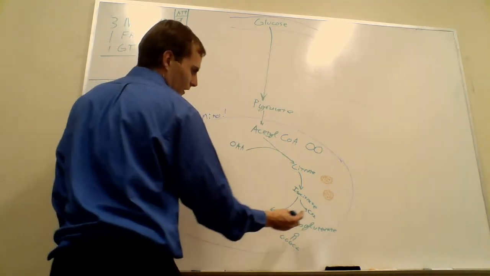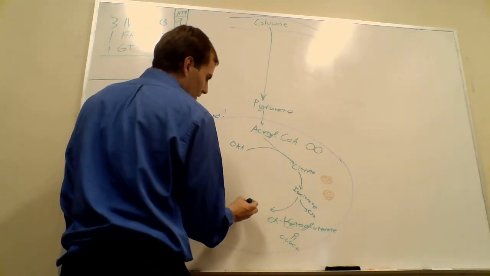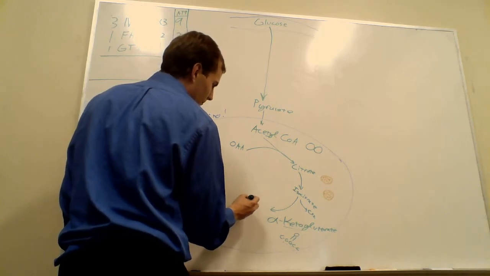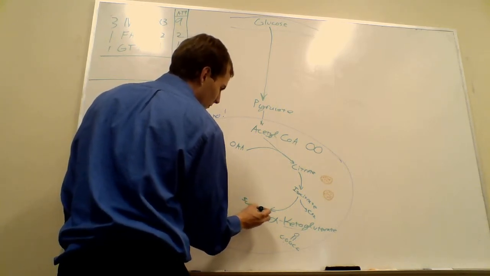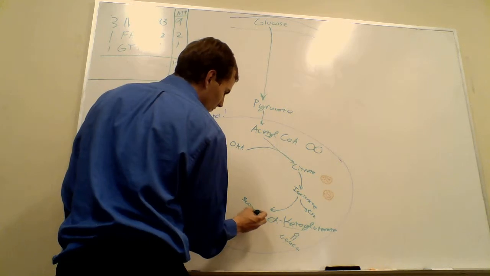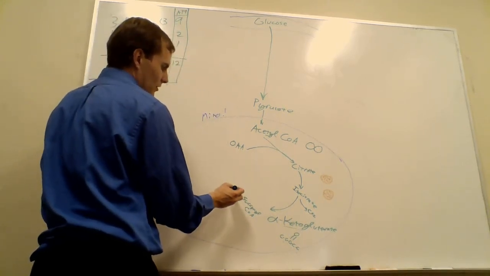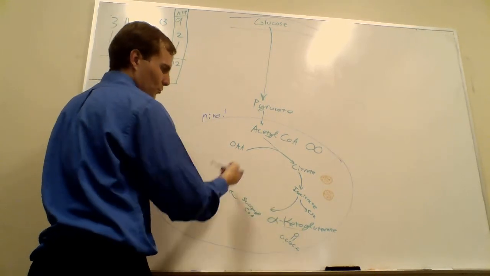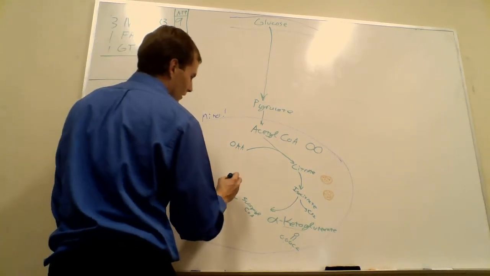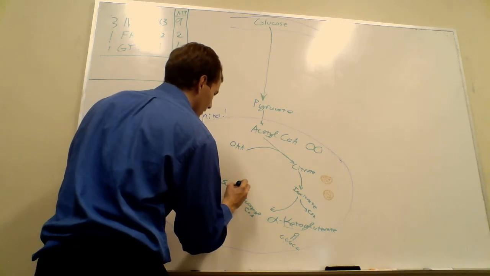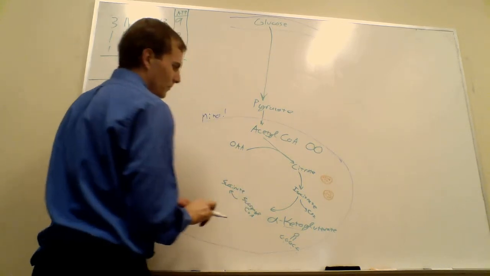Okay, next, after the alpha ketoglutarate, we have succinyl-CoA. And after succinyl-CoA, just because they go together, and then we'll do these 3 together really quick, is succinate. Succinate. Okay, so